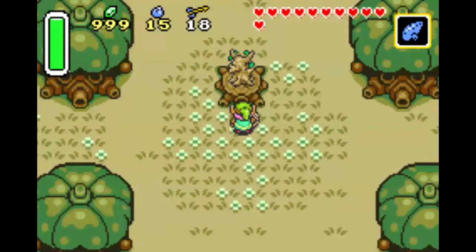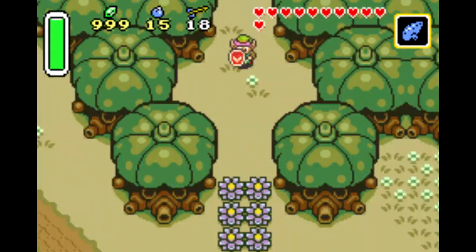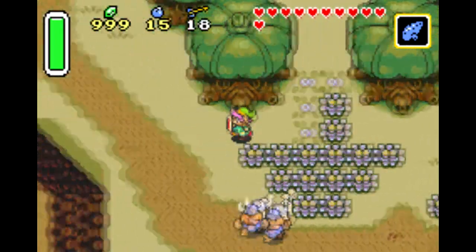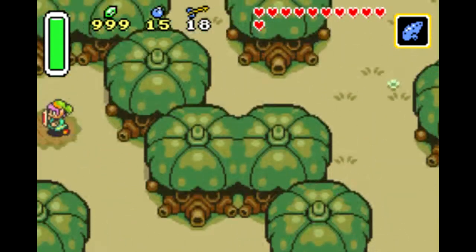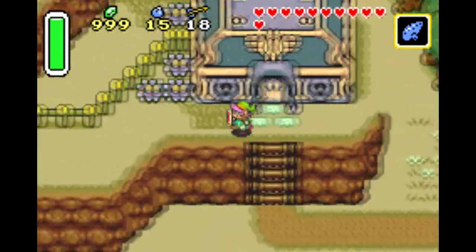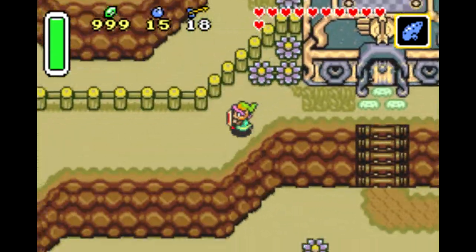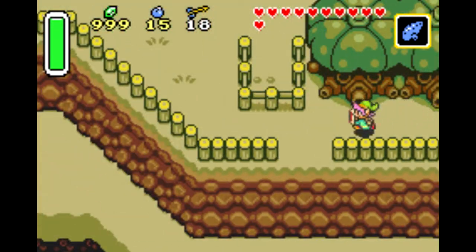And the elephant man turns into a tree on top of a stump. Now, who could this old man be? Well, I'm not sure if I showed it off or if it was in a failed recording. But if we go to the inn in Kakariko Village, can we lift this? No, that's Blackstone. We can't lift that. Oops. Anyway, if we go to Kakariko Village in the inn, there was a